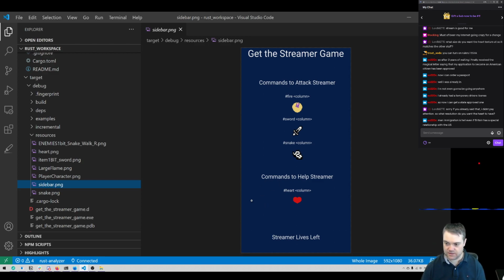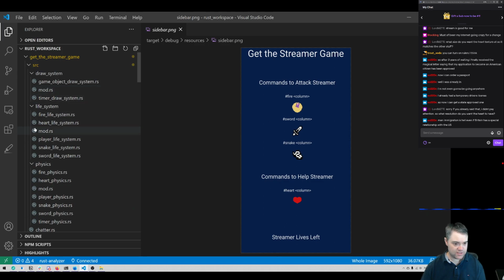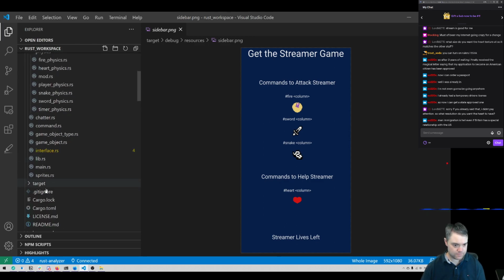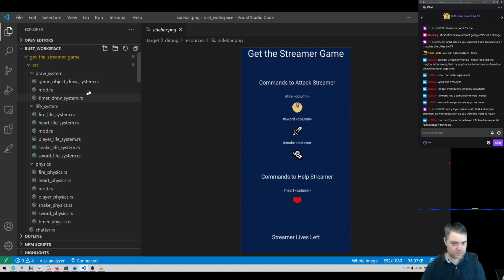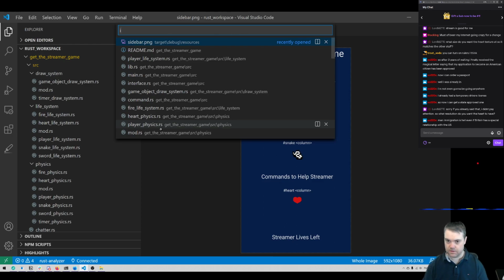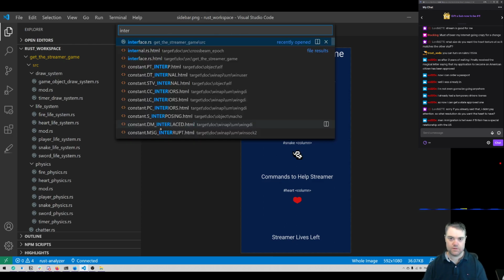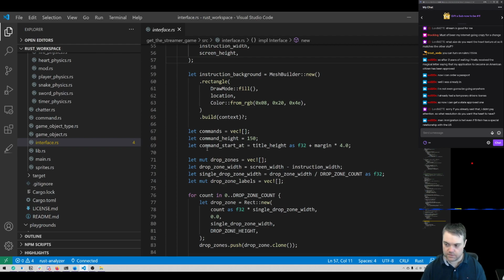All right. So I want this to now load on the side. So in our instruction, I guess it would be in the interface, is what I called it. In interface,